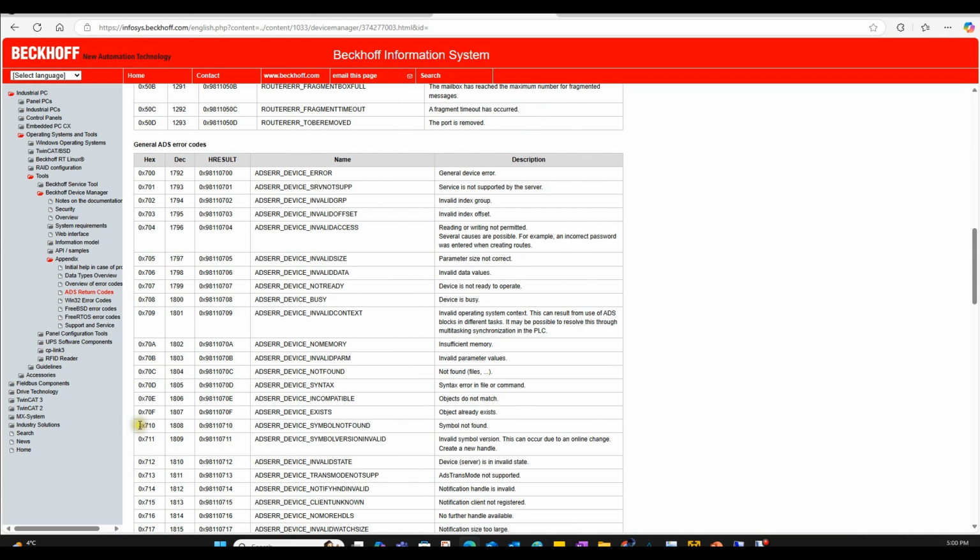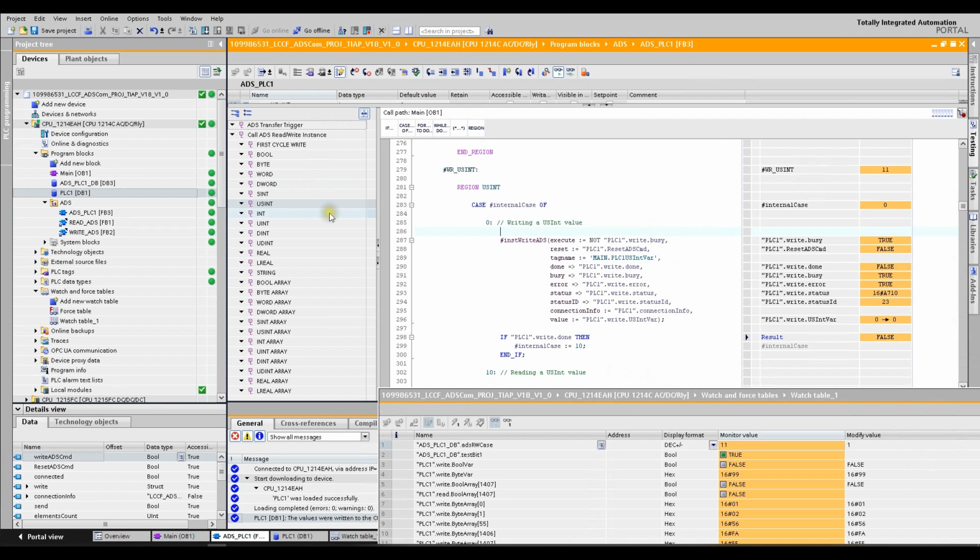Okay, this is a solution for how we can identify the error code. According to this code, it's telling us symbol not found. This is a common error, a glitch from this Siemens example. The first time I was testing this program, I had trouble with this, and finally I found the reason. It is because, as we can see here,